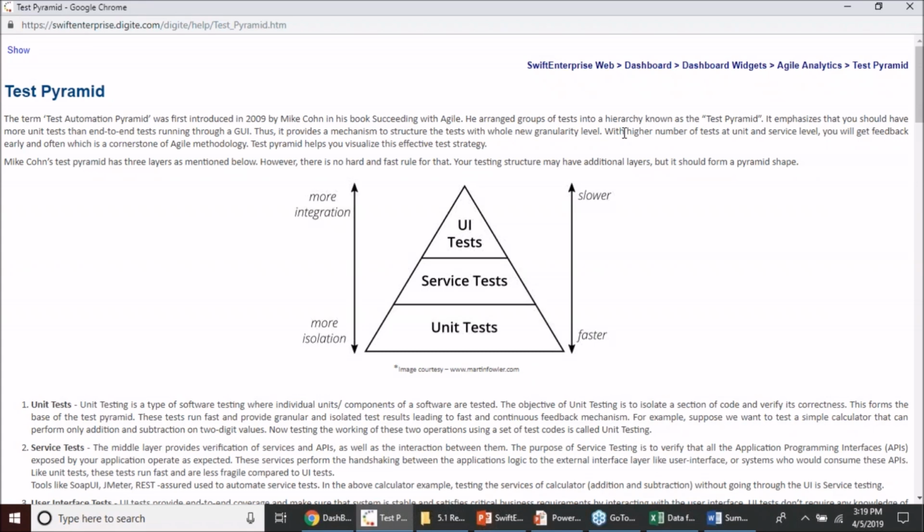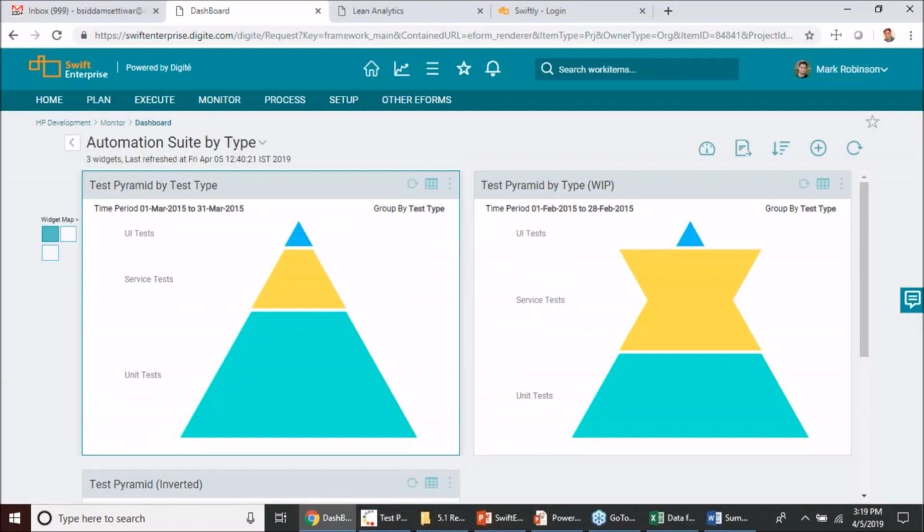So that's typically the way you should have your test units sized in your test automation suite, so that you have a good strategy towards working on the agile path. This is the representation which he brought in as part of his book. Here, what you are looking at are the test units categorized by the test type. So I have a huge chunk of unit tests, followed by a lesser number of service tests, and finally UI